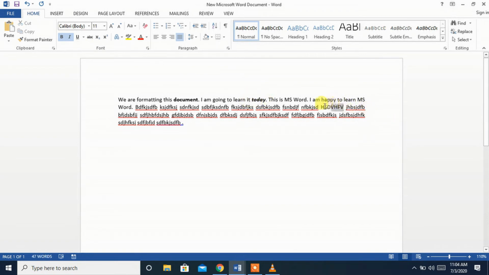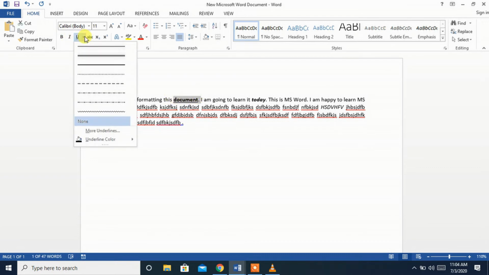Just I am making this particular word italic. Selected it, clicked I. It is now italic. And if I want to make this particular word underlined, select it, click on the option U in the menu bar. You can see the underline here.